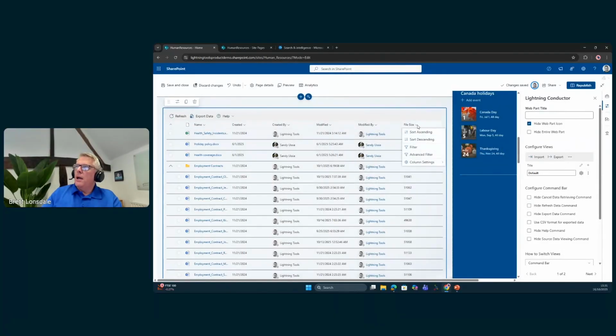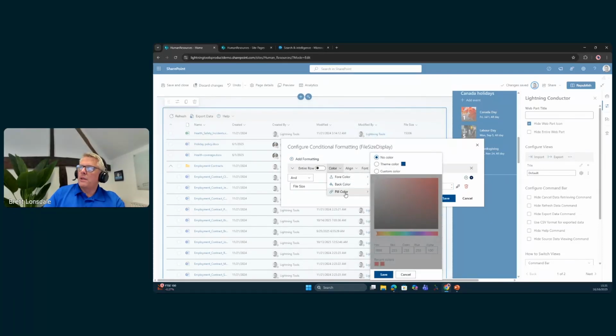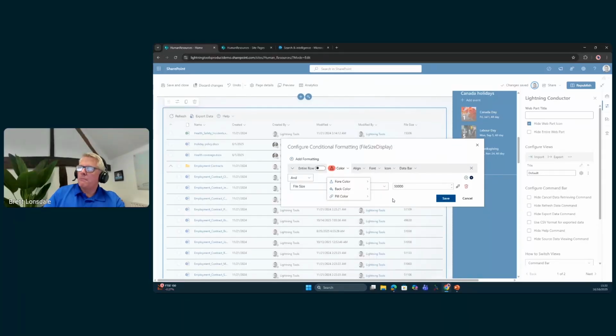And equally, now that we're paying a bit more for storage, one thing we might also want to do is use a bit of conditional formatting on the file size column. So what we could do is say if anything is greater than 50,000, these are all small documents, what I can do is highlight that with a nice little pill. So we can choose reddish and save that. And we could also add another row of formatting for anything smaller than that to show it in green or something if we wanted to. But if I just save this one,